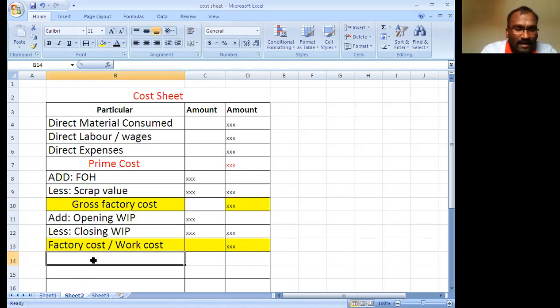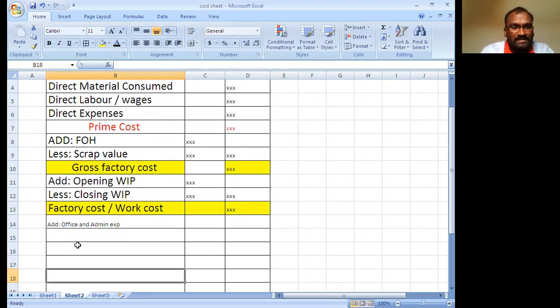Next you add office and administrative expenses. You get some value, and that value is written in the outer column.